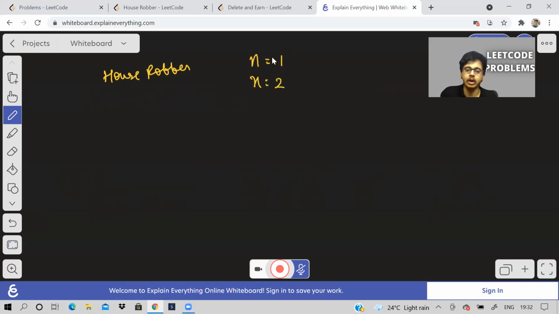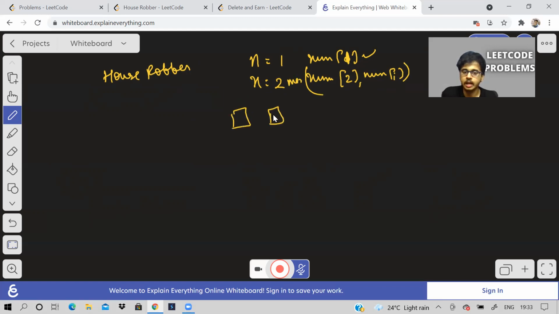If we have one house, whatever the amount is in that house, we will take it. If we have two houses, whatever the amount is in house number 1 and house number 2, we have to take the maximum out of both of them. Because if there are two houses, if I pick this one, I can't pick this. Similarly, if I pick this one, I can't pick this. So I should take whichever has the maximum, correct?